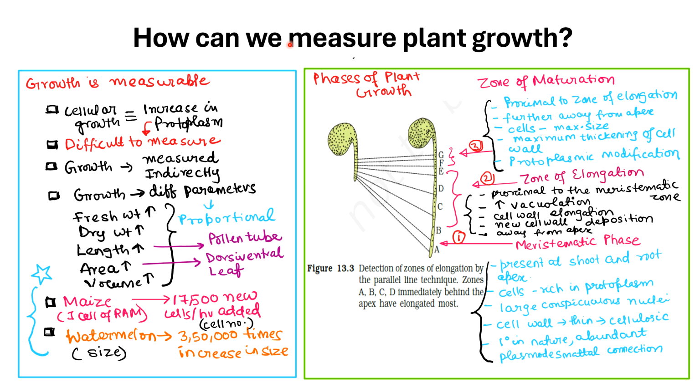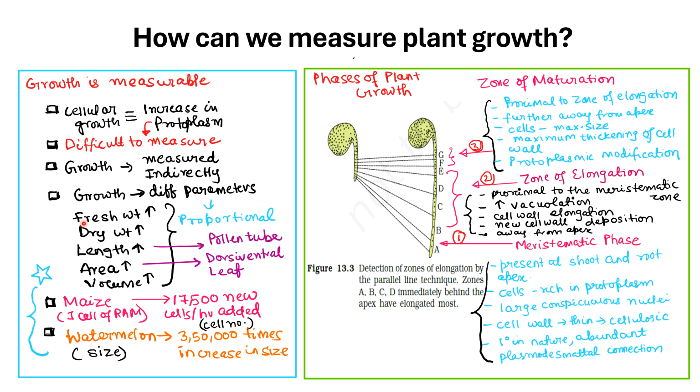Let's now see how we can measure the plant growth. We just discussed that plant growth refers to the increase in the protoplasm, but the increase in protoplasm is in the new cell. To take out the protoplasm and to measure it is a very difficult task. So we devise some indirect mechanism. The parameters which are also proportional to the increase in protoplasm, those we consider for measuring the growth of the